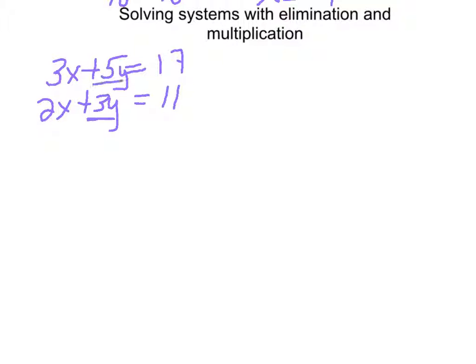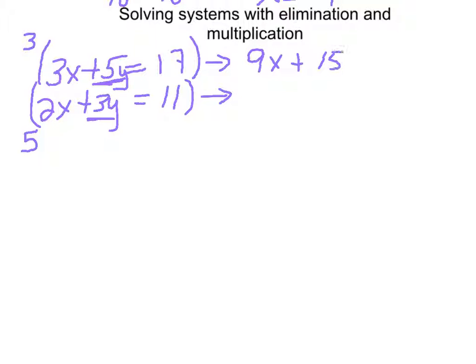So what number is common to 3 and 5? Well, I can turn them both into 15s. So the top equation is going to get multiplied by a 3, and the bottom equation is going to get multiplied by a 5. So now I want to rewrite these. 3 times 3x, 9x. 3 times 5y, there's the 15y I was talking about. 17 times 3, that's 51. I love that product. Sorry, I know it's corny, but I do. And now the bottom equation, 5 times 2x, that's 10x, plus 5 times 3y is 15y, equals 5 times 11